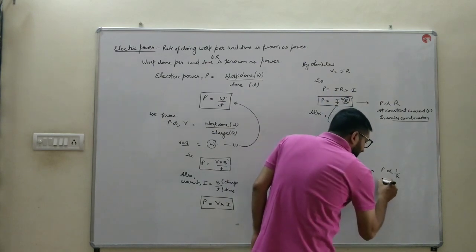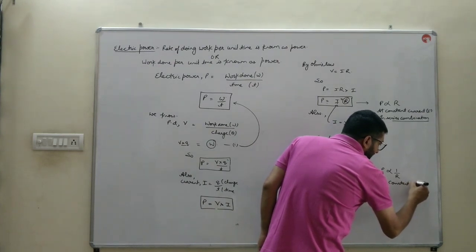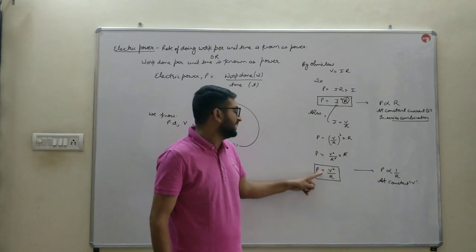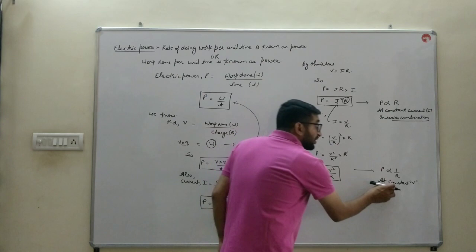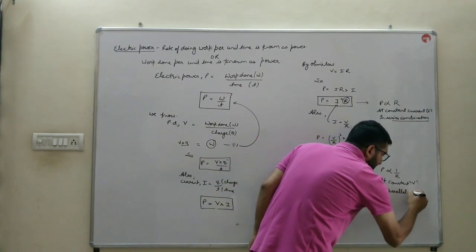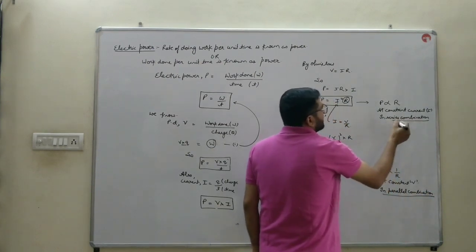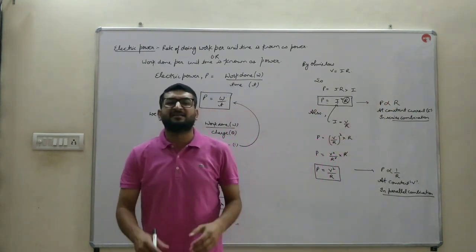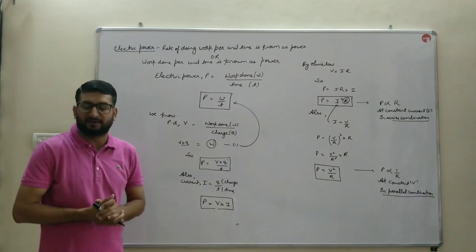And in here, P is inversely proportional at constant V, that is a constant potential difference. If V is constant, then V square and equals to will be removed and P is inversely proportional to R. And constant V is in case of parallel combination. So these two are different cases, bache. In series combination, the power is directly proportional to R, and in parallel combination, power is inversely proportional to R.